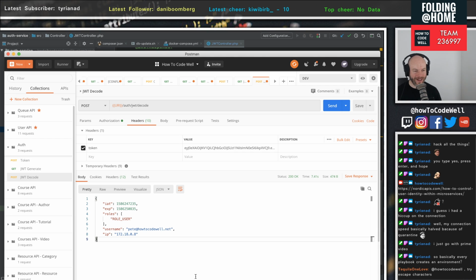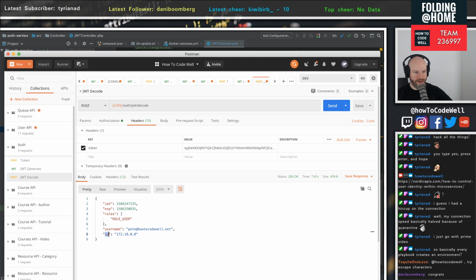Oh dear! Wow, that was long-winded and full of error, but we got there in the end. So this is a very basic JWT, which is decoded. All right. So we've got the username. We've also got the IP that I'm running against. This would probably be the IP of the Docker container, to be honest. And then the roles of users. This now means that the other microservices can pass this around